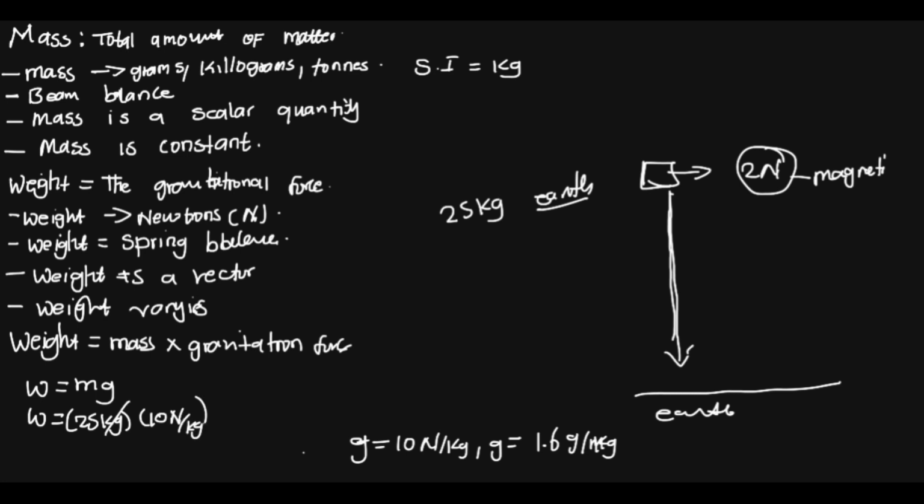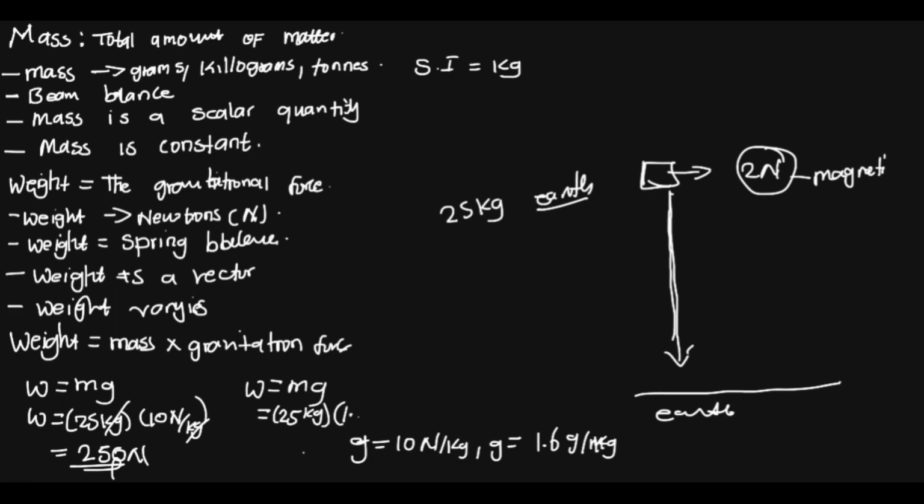So this and this cancels. 25 times 10, we have 250 newtons. Now for the weight, if we are trying to find the weight now on Moon, we can see that the mass will still be 25, because we said mass will not change, but